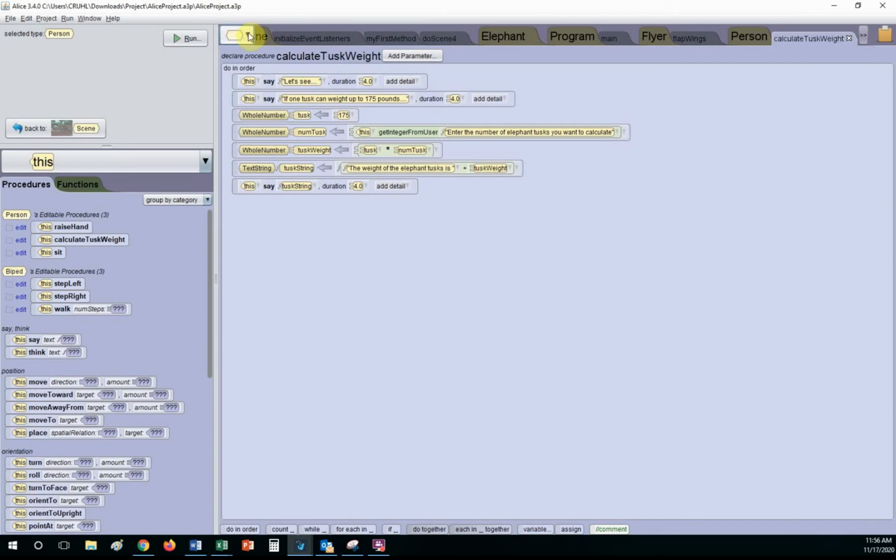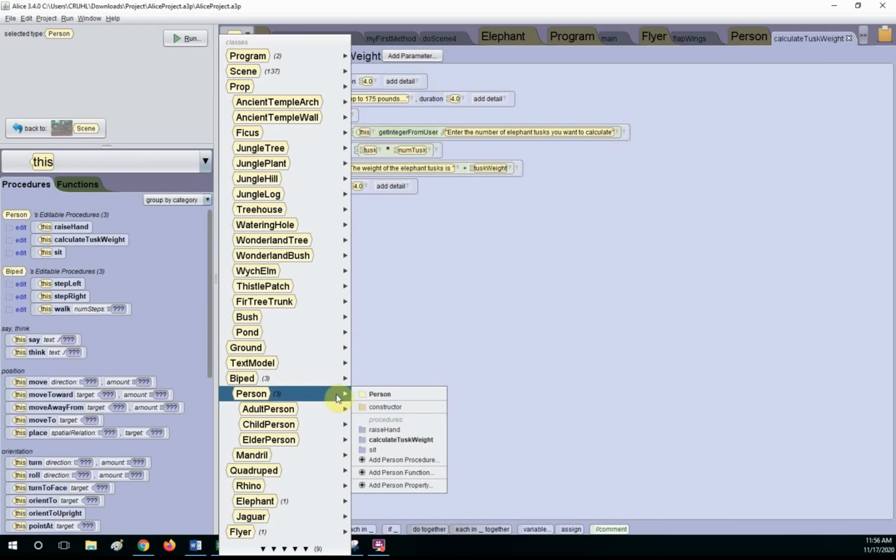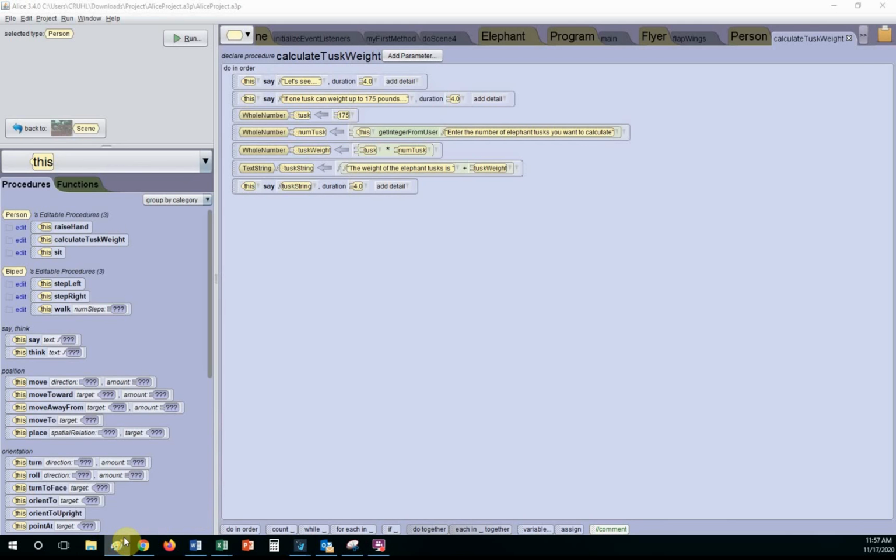What would be a better way to do that? See, I can't highlight that and use the snippet. I could capture it with a print screen. So I'll show you the other way to do it. So with that highlighted, I did a print screen. And now if I open Paint,